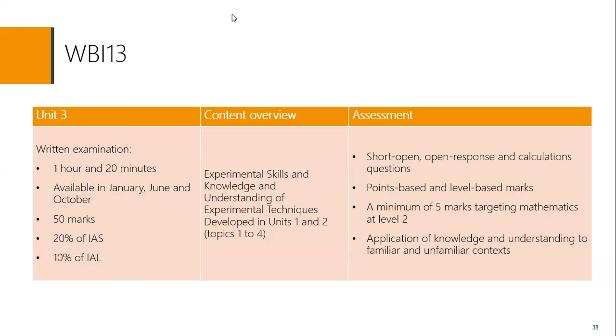I've got a contradiction here, in what I've been told and what I thought, that there were level-based marks. There's a minimum of 5 marks targeting maths at level 2, because that's 50%. And it requires application of knowledge and understanding to both familiar and unfamiliar questions. So it's the application and knowledge of experimental skills and experimental techniques. So if we go back to the mark distribution,